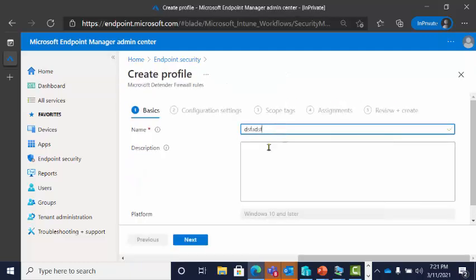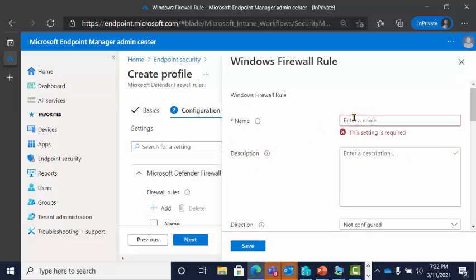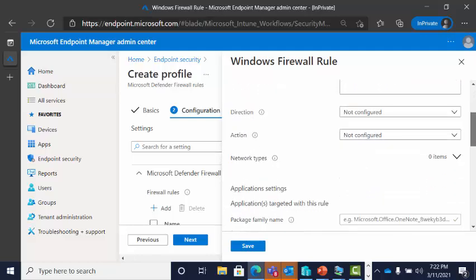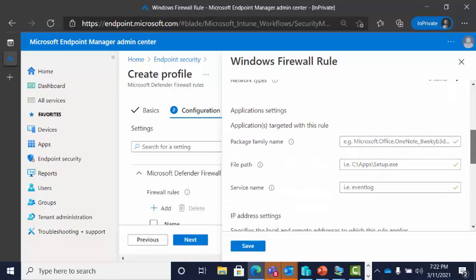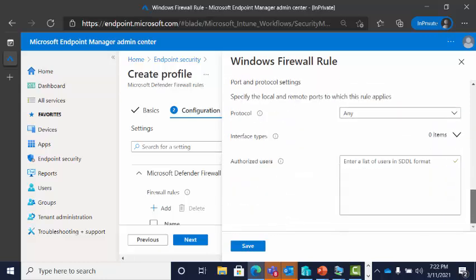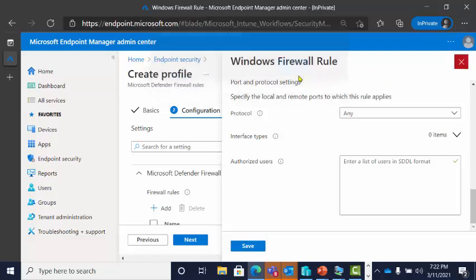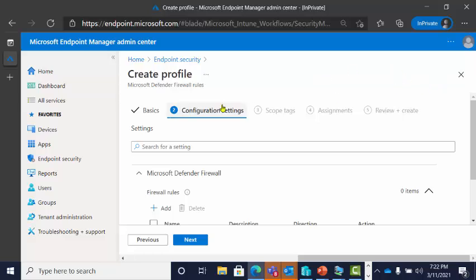And so here you can literally sit and create the rules that you care about for your firewall configuration. So I'm going to add a rule, and then I have a wizard here, or a dialog here, where I have options about what direction I'm going to allow, what type of networks, application settings, just different things. And this is where you can really get granular and do the kind of configurations that you might want to do, right? So let's close out of this,